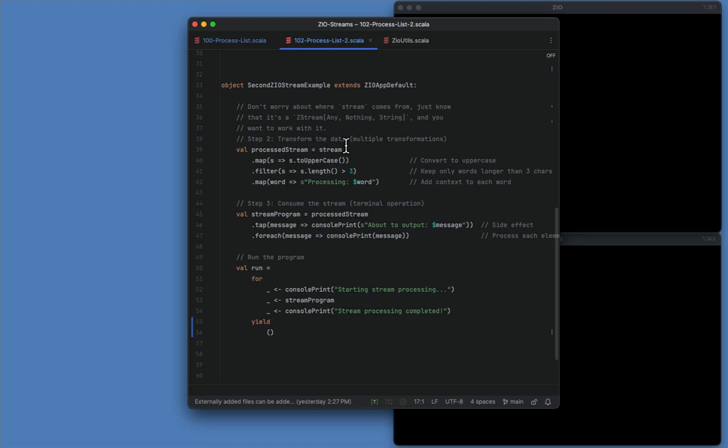And as a note here, we're going to transform the data using multiple transformations. So I start with the stream right here. Then I call map on that. And again, I uppercase the current value. Then I call filter and say, if the string length is greater than 3, keep the words. And then I call map again on this line and transform the current word so it says processing the current word right there. So this one is called process stream, and you can see its type there is ZStream,